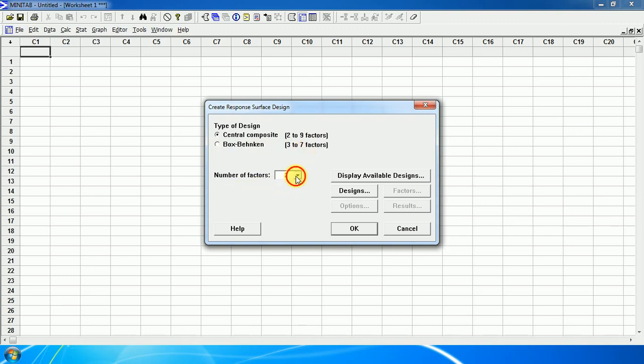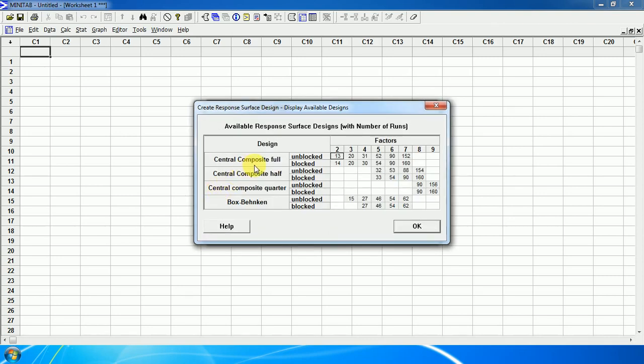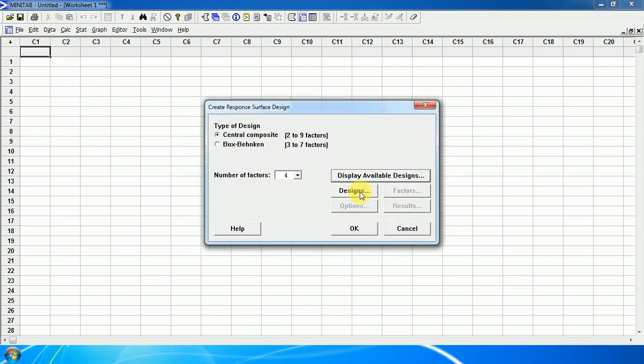First of all, we will select the factors. Suppose we want to incorporate 4 factors, then we will select the available design. Then there is central composite design. We will use the blocked design of 30 runs. If we are using the Box-Behnken design, then we can select 27 or 46 runs. The greater the number of runs, the greater the resolution of the experiment. So we have selected this.